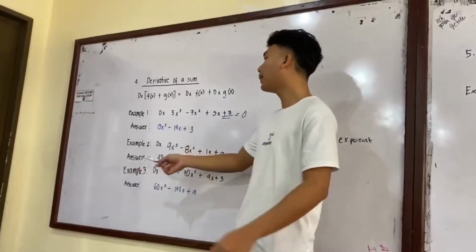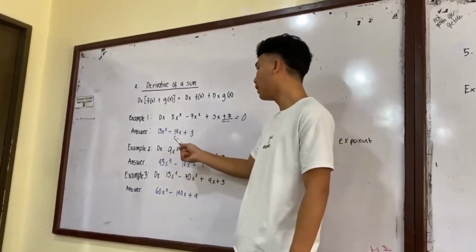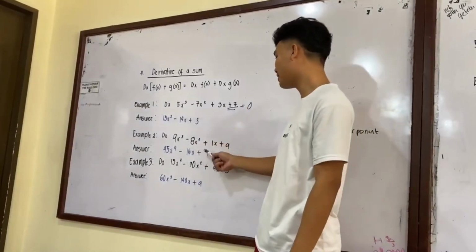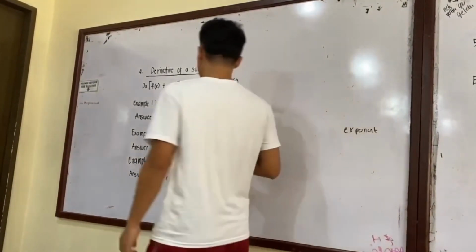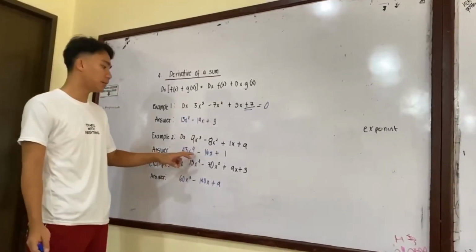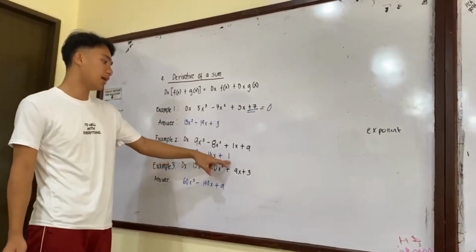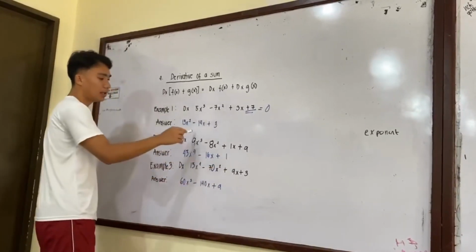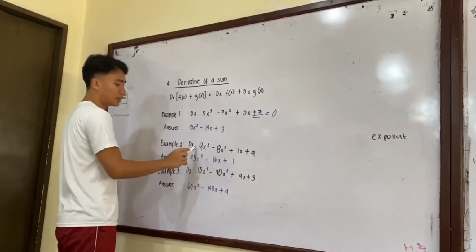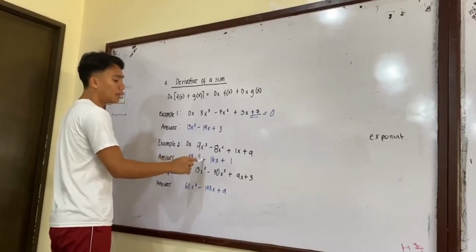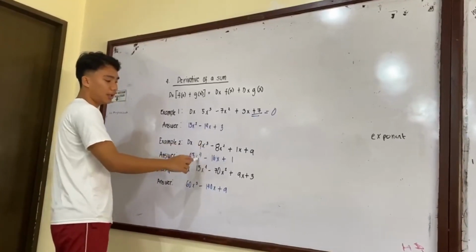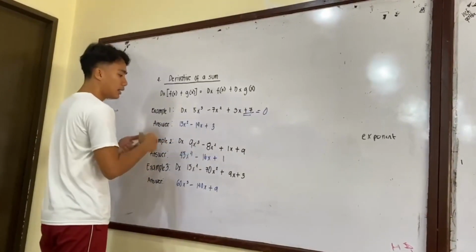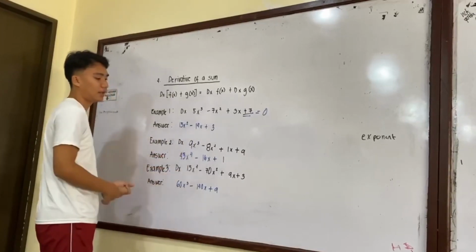Number 2. Derivative of 9x raised to 5 minus 8x raised to 2 plus 1x plus 9. So, ang answer natin is 45x raised to 4 minus 16x plus 1. Ang gagawin lang po natin para makuha natin ang sagot na to is 9 multiplied to exponent is equals 45x raised to 4. Ba't naging 4 ang exponent? Kasi ang exponent is lagi tayo sa subtract ng 1s lagi sa mga exponent. Kaya siya naging number 4.